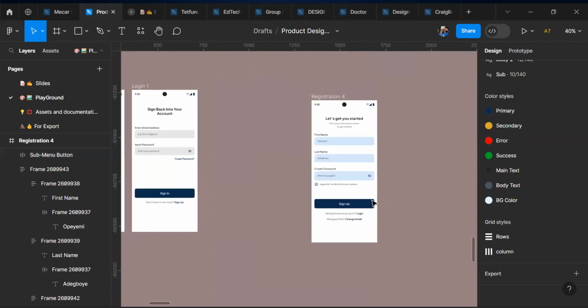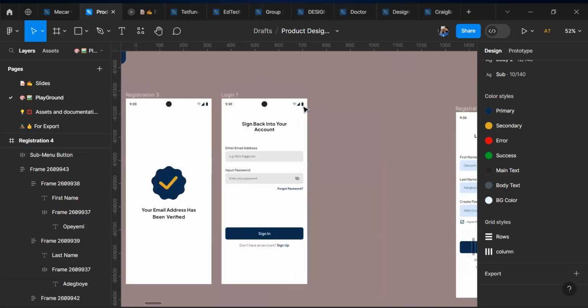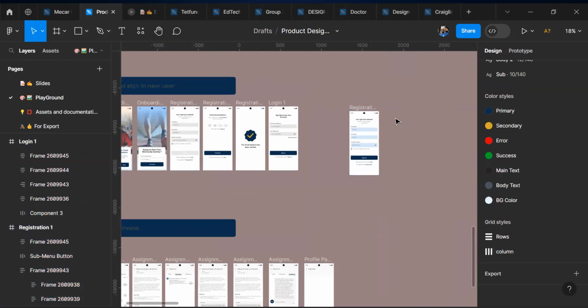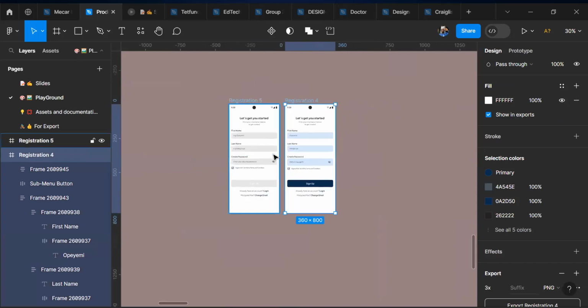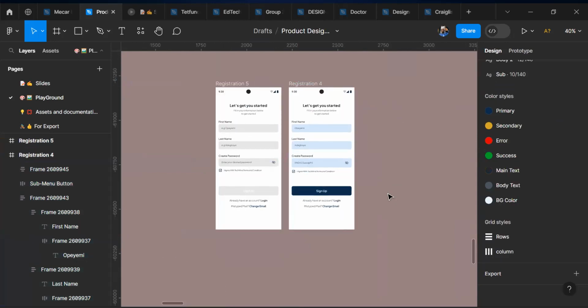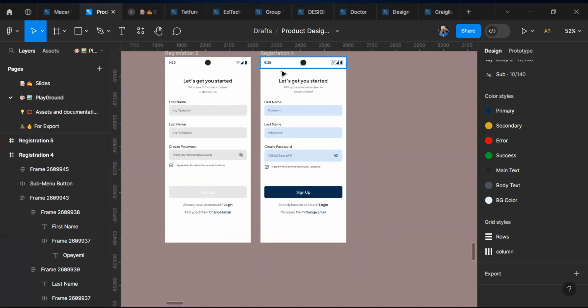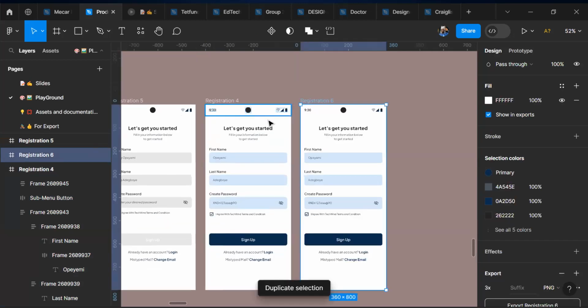So I believe you see how I did this from this page we have on ground already. So it's not something that is going to be hard. It all depends on your level, the amount of time you practice, and how proficient you become with designing. So you just copy this, duplicate, and just scratch and do this thing. Even though it is a wrong password, then you can also duplicate this, then you can just do